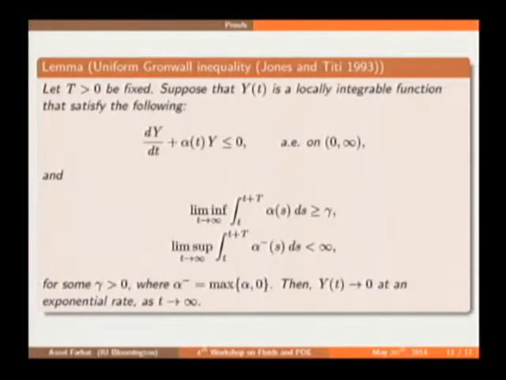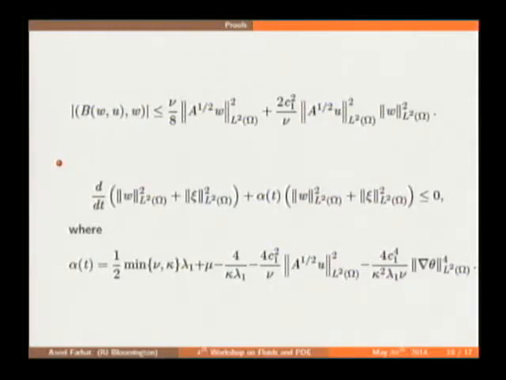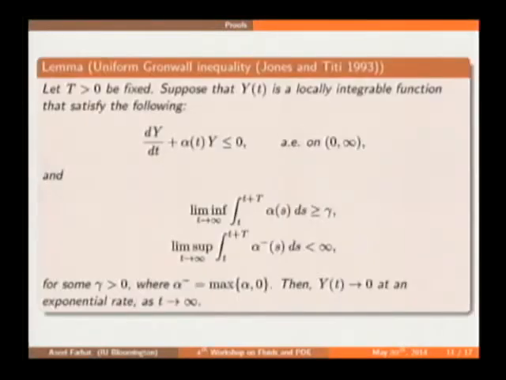this uniform Gronwall lemma. This uniform Gronwall lemma was proved by Jones and Titi in 1993 in their paper, and it says that if you have a locally integrable function that satisfies an ODE that looks like this, and you know that alpha satisfies these two conditions, namely that the lim inf of the integral from t to t plus T, where T is any positive number, is greater or equal than gamma, gamma being strictly positive, and the negative part of alpha satisfies that the limsup is finite, then y of t goes exponentially to 0 as t goes to infinity. So combining the definition of alpha and the bounds on these quantities on the global attractor, I can